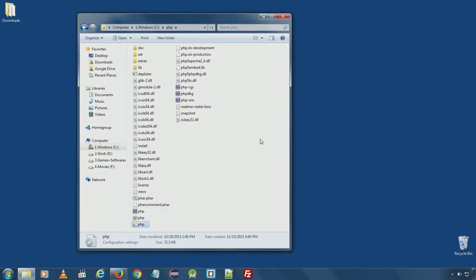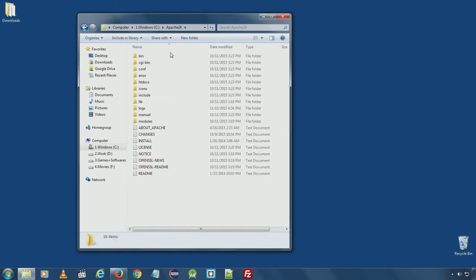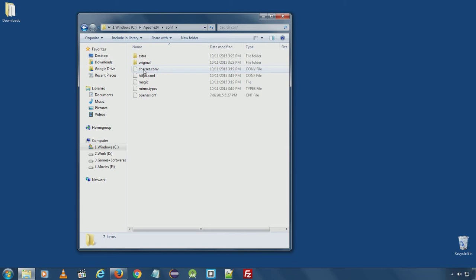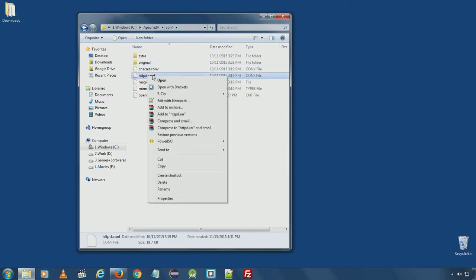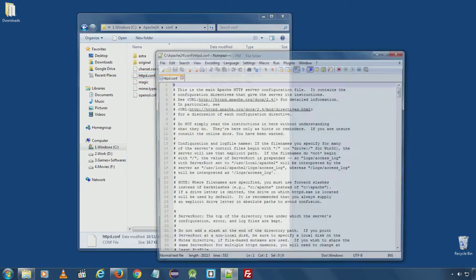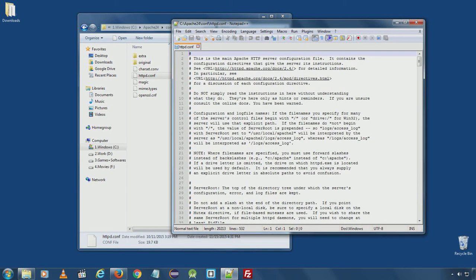Click yes. Now we will go to Apache 24 folder, conf, and open httpd.conf in Notepad.